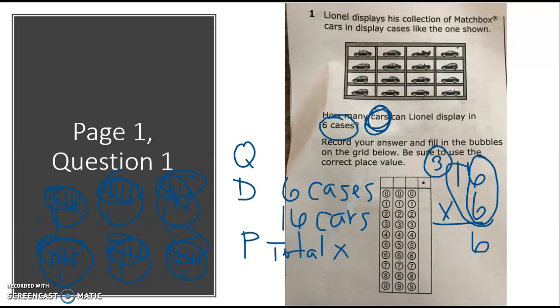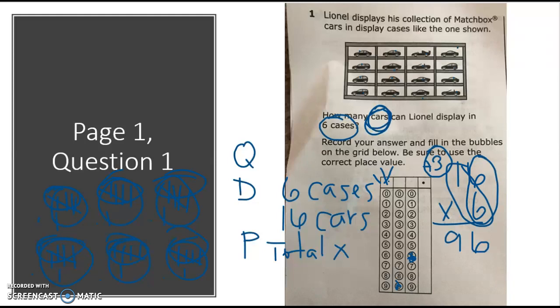Then I go over to the tens place value, which we've been practicing. I know that 6 times 1 is 6. I'm going to add that 3, so 7, 8, 9. Final answer on this question is 96. Very important too. I saw just a couple people making the error of doing the 96 in this column